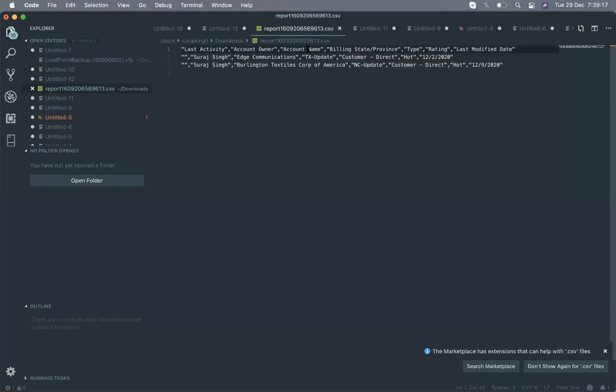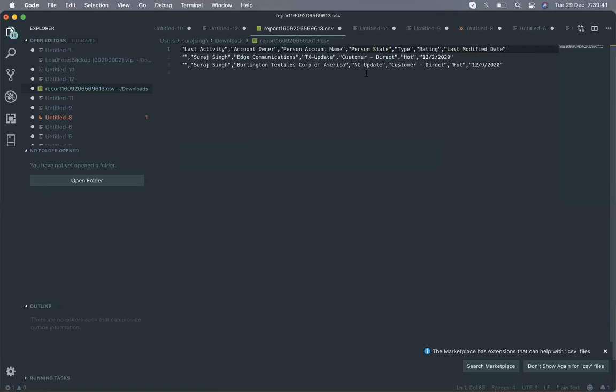Suppose in my legacy system, instead of account name, it's showing person account name, or instead of billing state or province, it's typed here as person state. Yeah, and we have a type.